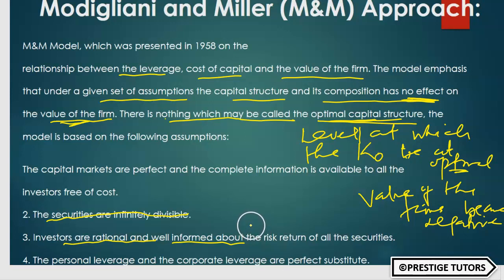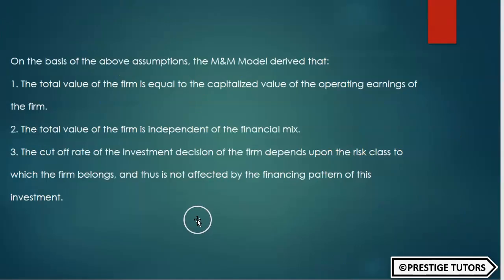They can quickly take what we call arbitrage. If something is high in a particular market, they can sell it off, go to another market and make the money. So what they are losing in market A, they can gain in market B. They have all the information. They are very, very rational. So they can take personal leverage against corporate leverage. They can take their personal decision because they have information.